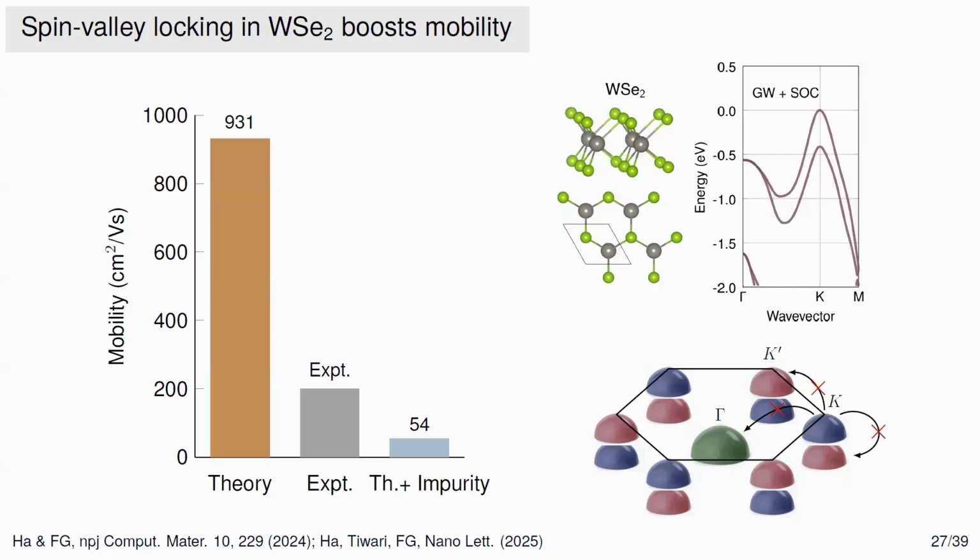So the bottom line is that because of spin-orbit coupling, most scattering channels in this system are completely suppressed. This is just a symmetry in physics, nothing more. And because of that, I think this gives us confidence that these results are not just an artifact, but actually come from some physics.